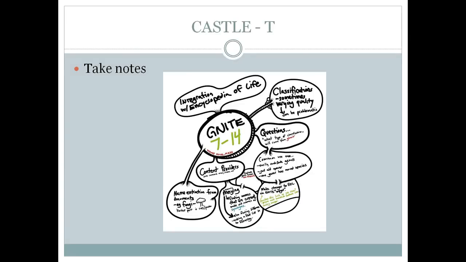The next one is take notes. Now, taking notes doesn't have to take its normal format of writing down information on your page. You can organize your notes in any fashion that's best suited for you. So here's an example of a mind map of someone that's used a central idea and broken off ideas from it.